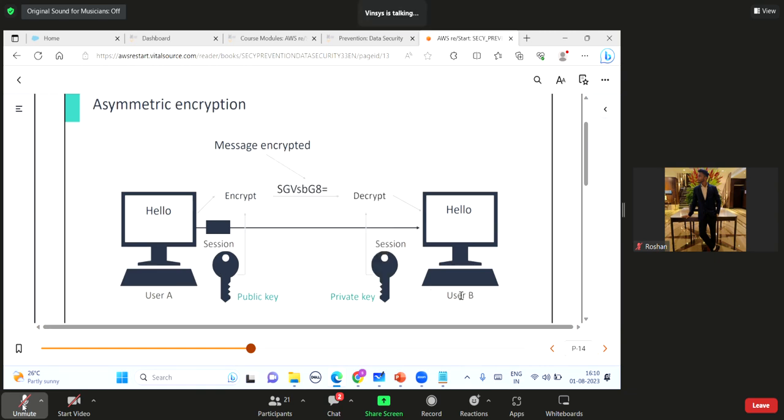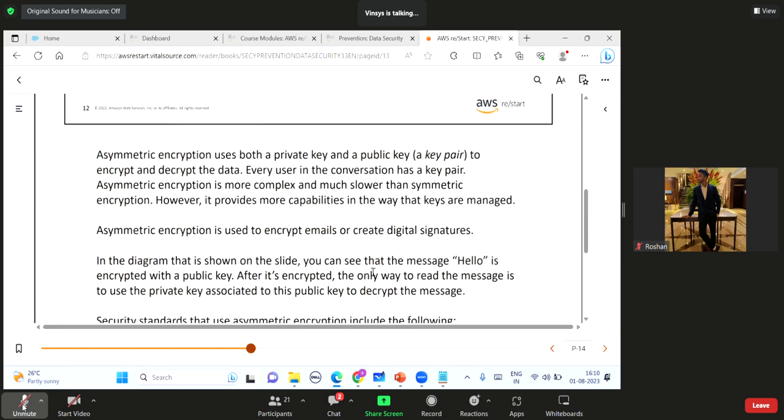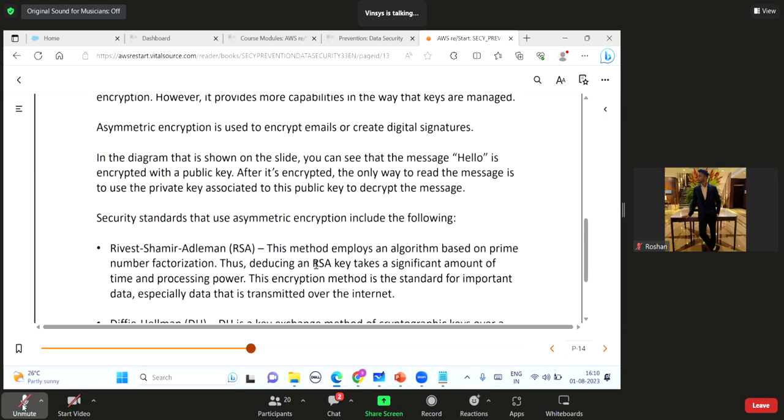This public key belongs to user B. Once it is encrypted with the public key, user B can use his own private key to decrypt the data. You can see the message hello is encrypted with a public key. After it is encrypted, the only way to read the message is to use the private key associated with this public key to decrypt it.